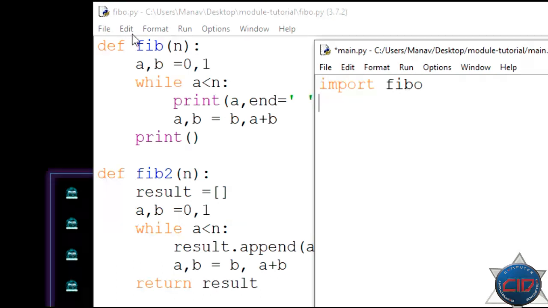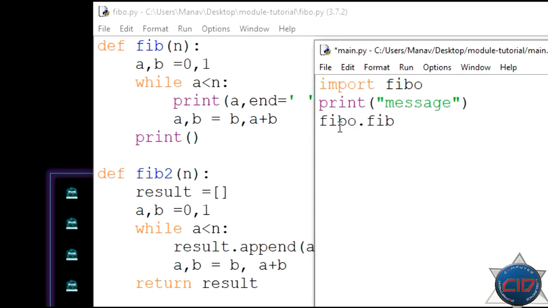Now we can access anything from this fibo module, that means the fibo file. We can access fib or fib2. So now let me print just a message, and after that I'm going to use fibo.fib.